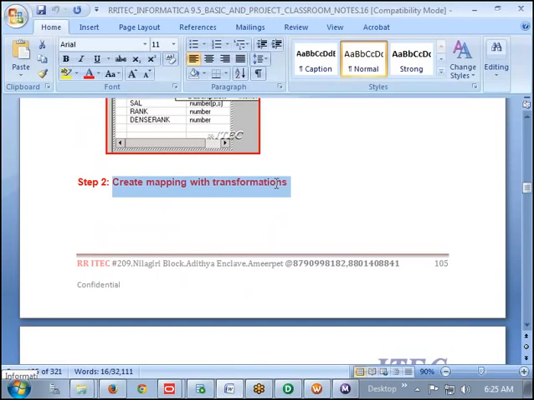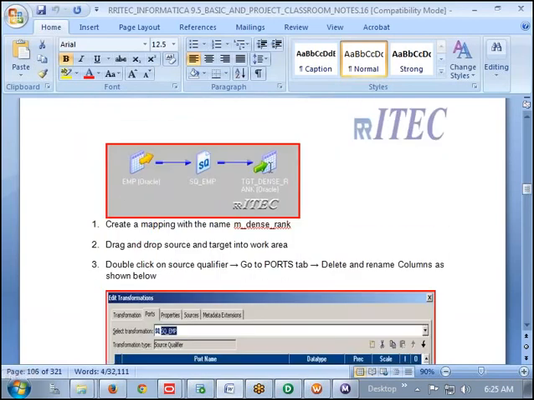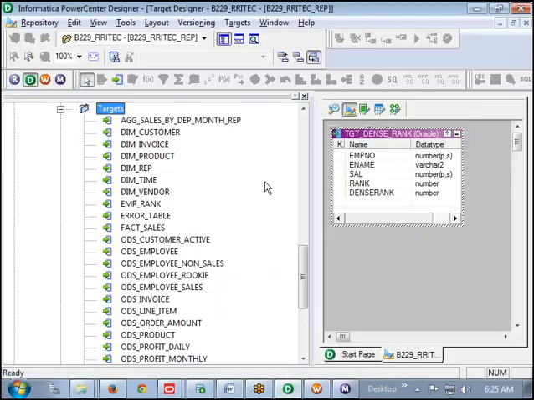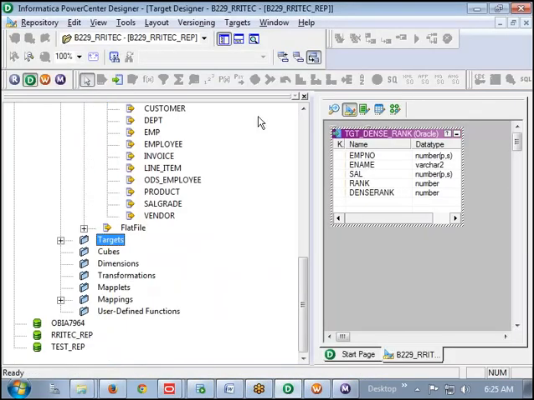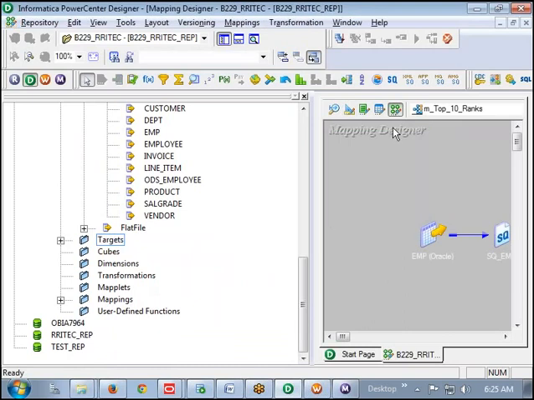Next, creating the mapping with transformations. Very simple, right? Source qualifier, target. So we are creating a mapping with the name m_dense_rank. Drag and drop source and target into the work area.